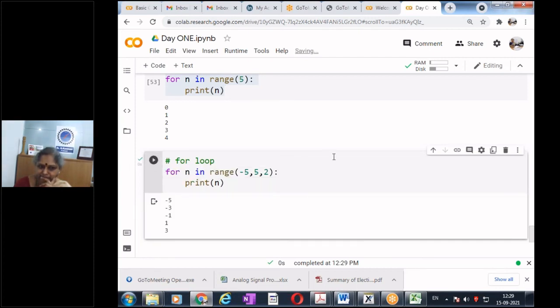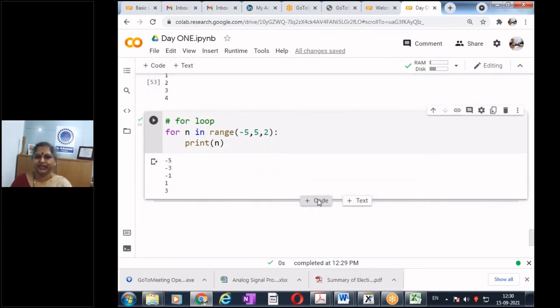What do we get? So -5. It is very similar to that np.arange command, but now here we are doing it in steps of 2.